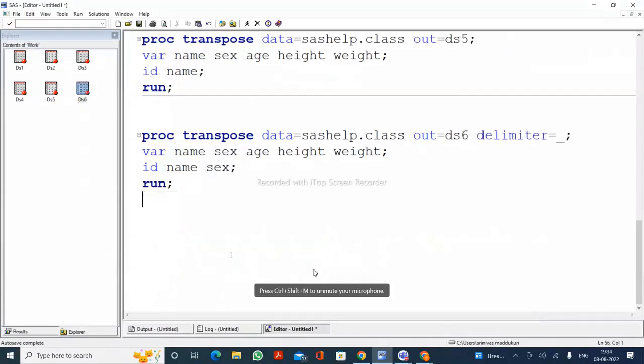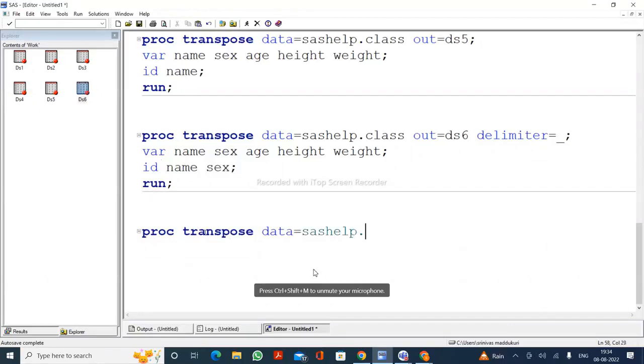Understand this one? In the ID statement, you can add multiple variables. If you add multiple variables, the values are concatenated without any space as a variable name. But if you want an underscore between them, you should write delimiter equal to underscore. Now, think logically. I'm writing proc transpose data equal to sashelp.class,